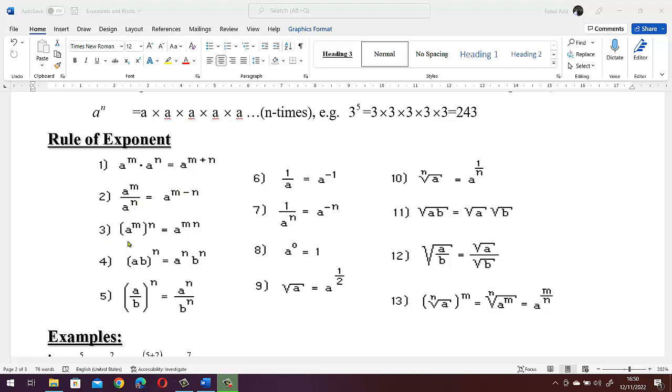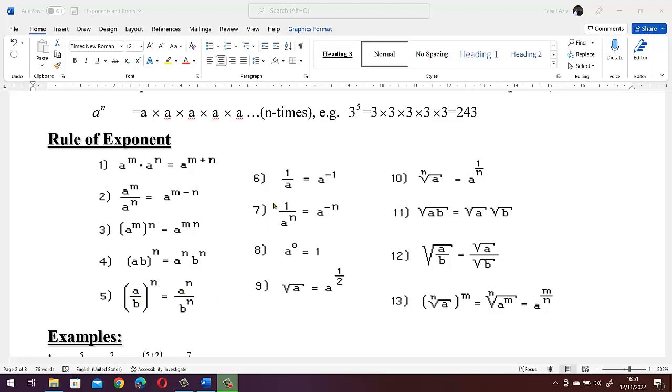Rule number 3 says that a variable carrying a power m and then a whole power n, in this case the power m will multiply with the whole power n, so it will become a power mn. Similarly, if two variables have a common power n, we can write a power n, b power n separately. Rule number 5 says that if we have two variables x upon y or a upon b with whole power n, we can write it as a power n